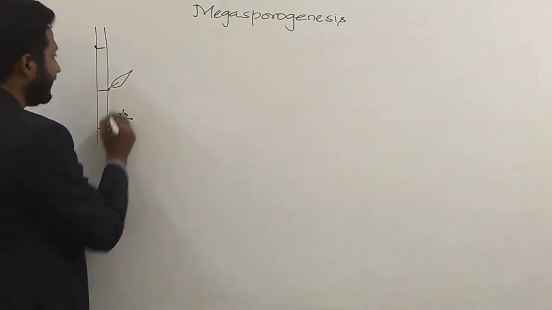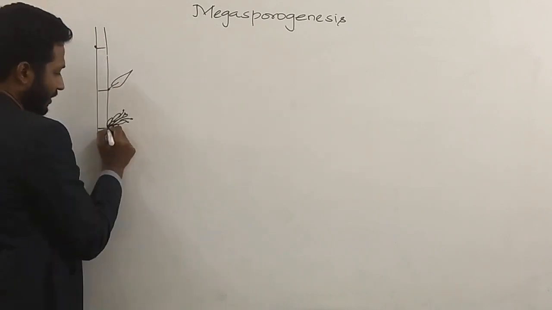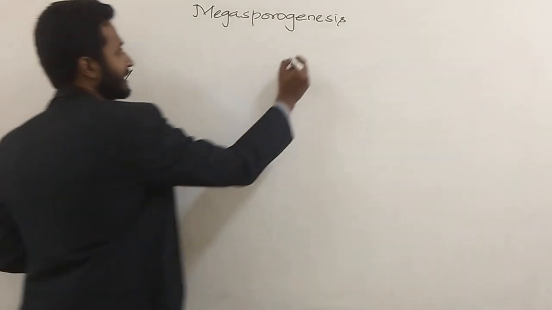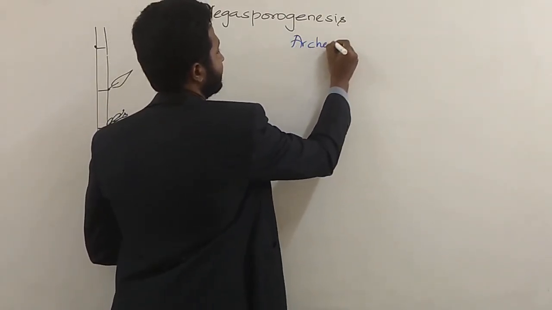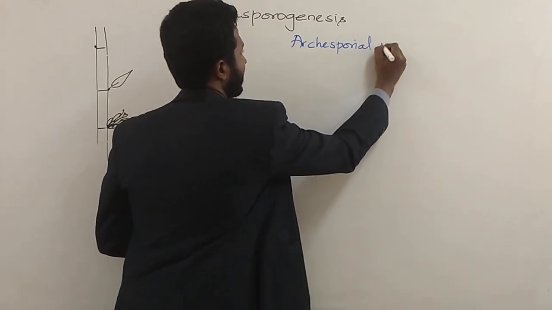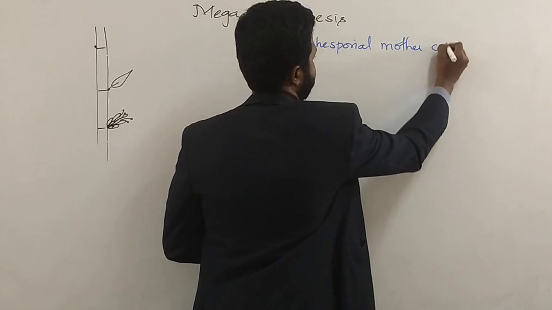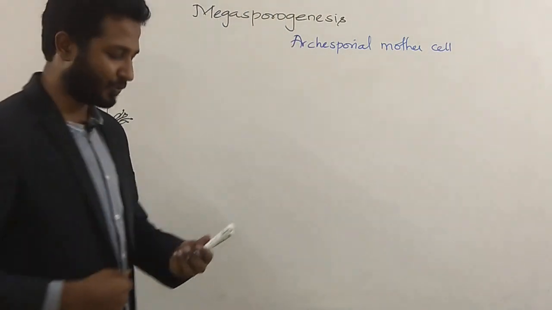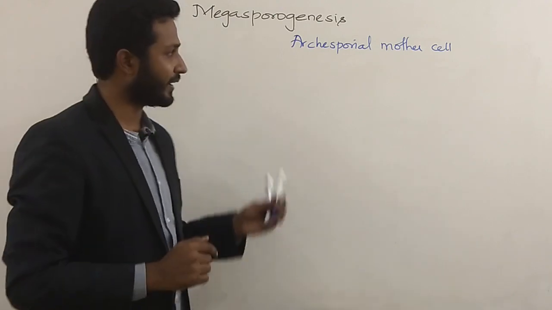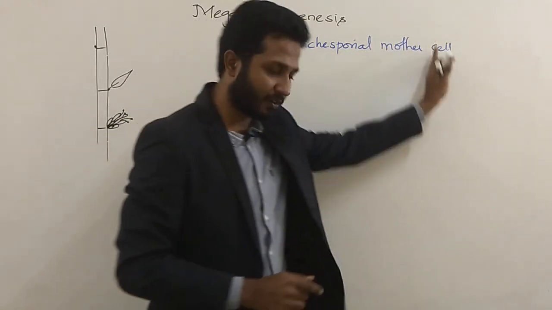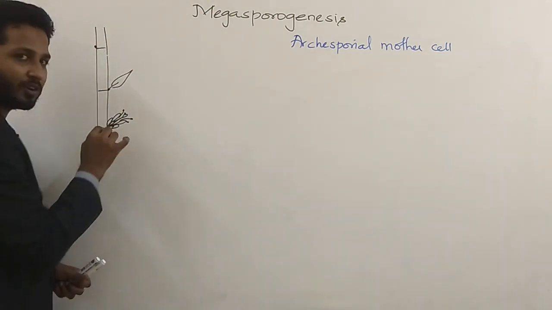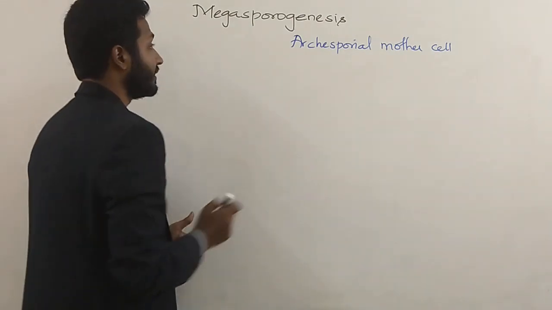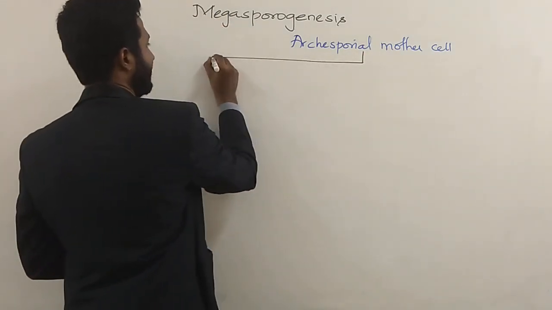But reminding you, initially when florigen hormone settles over here, it is going to develop a specialized tissue called archisporial mother cell. Now, I've already told you that whenever I use the blue pen or draw a line at the extreme corners of the right, that means it is for NEET. So the archisporial cell is developed by the action of a hormone called florigen. This archisporial mother cell will divide by mitosis and form two daughter cells.